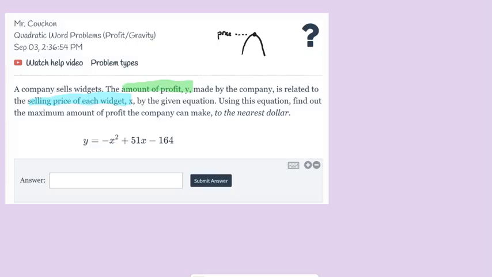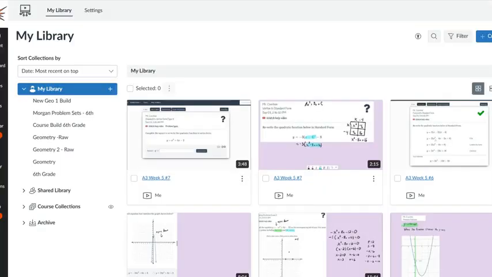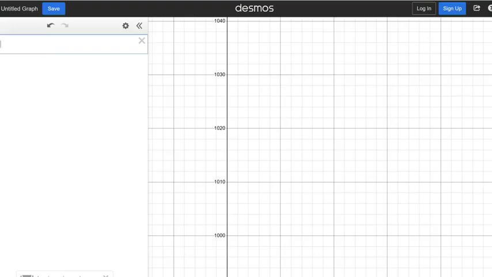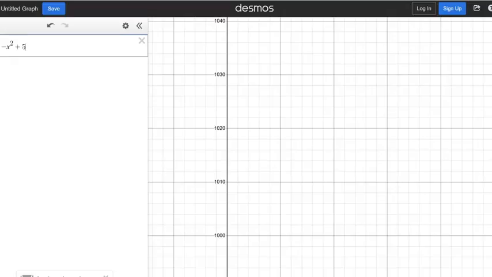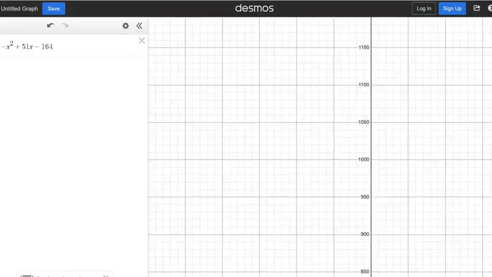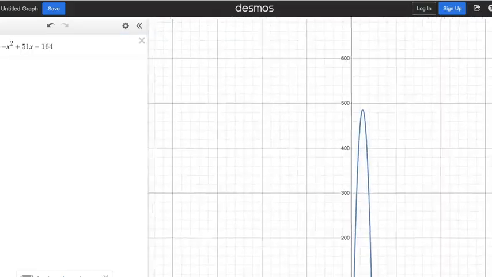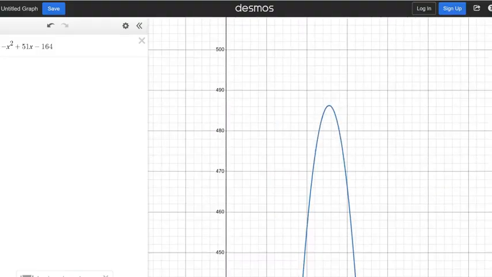So we could figure this out by finding the vertex. We'd find the x value of the vertex by doing negative b over 2a. But given the numbers we're given, I think they want us to take it to a graphing calculator, because those are not friendly numbers at all. So we'll just type this in. It was negative x squared, plus 51x minus 164. Now this will give us the parabola, and we need to find the maximum